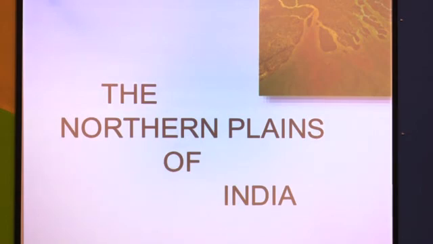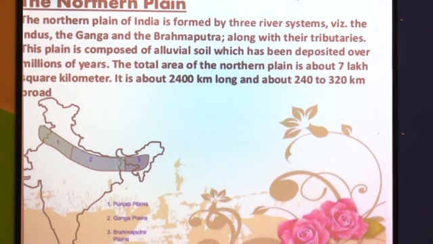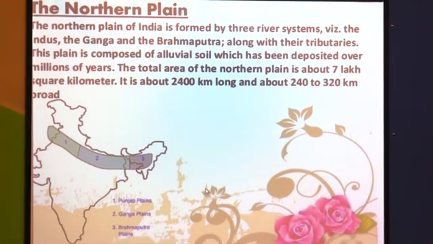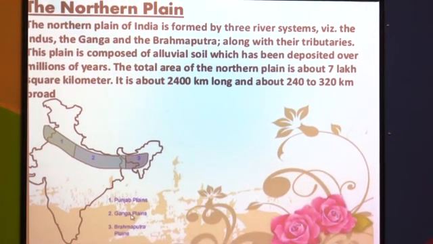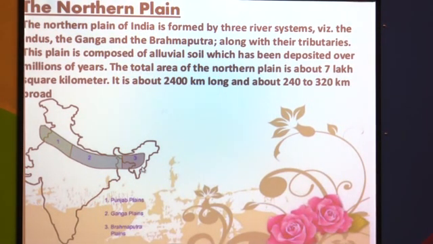So see the northern plain. When we discuss the northern plain, see here on the map again. The first part here is called Punjab plain: Punjab, Haryana, some part of Delhi. The second one, in the middle area, Ganga river and its tributaries form this area, and it is called Ganga plain or Gangetic plain. And the third one, the easternmost part of India: Assam, Arunachal Pradesh, some of Meghalaya, Tripura, Nagaland. Here it is called Brahmaputra plain.